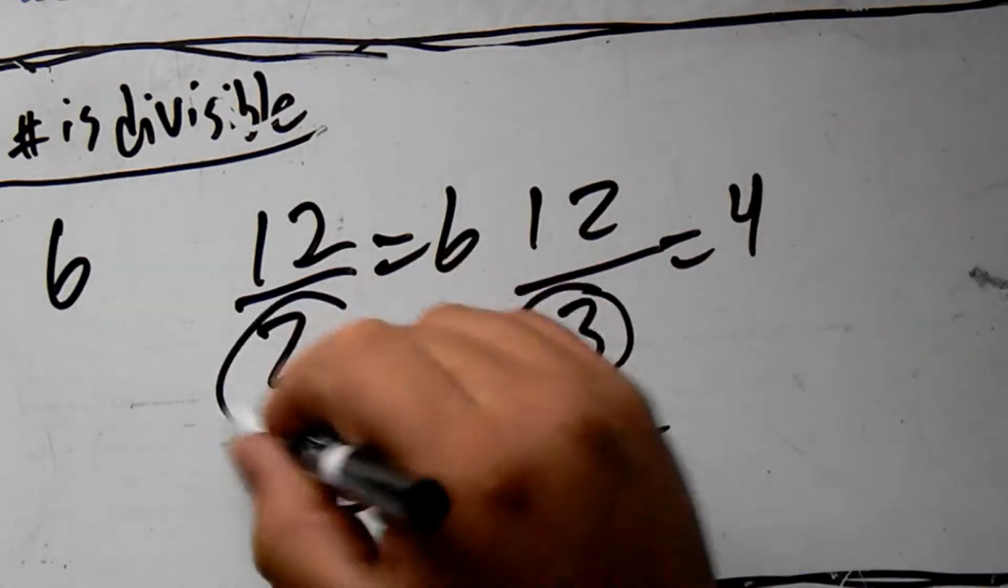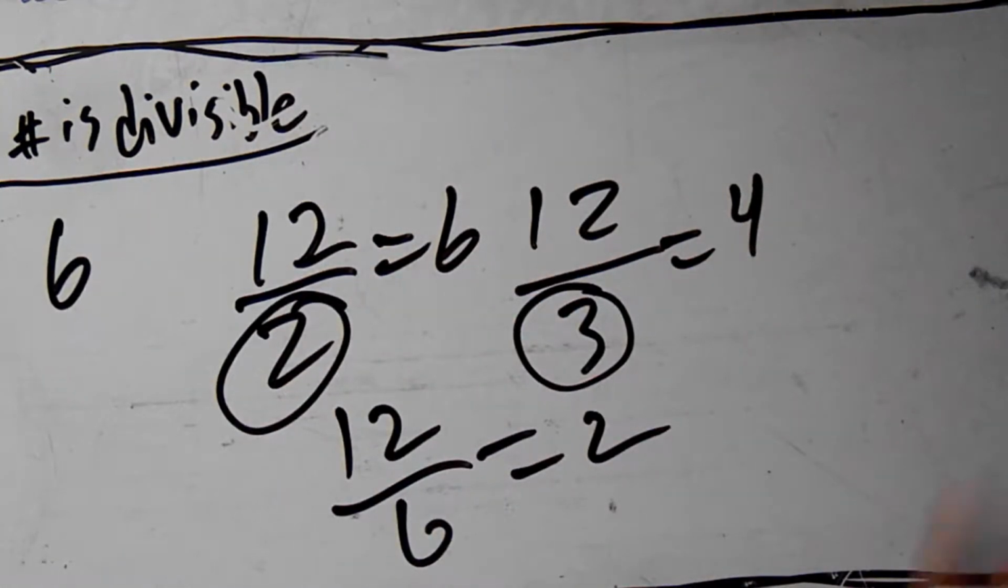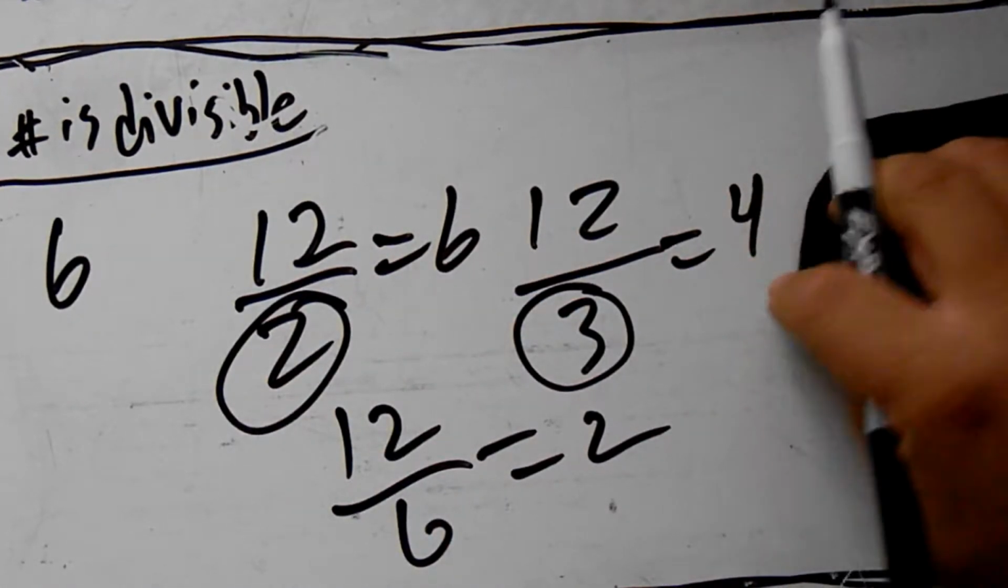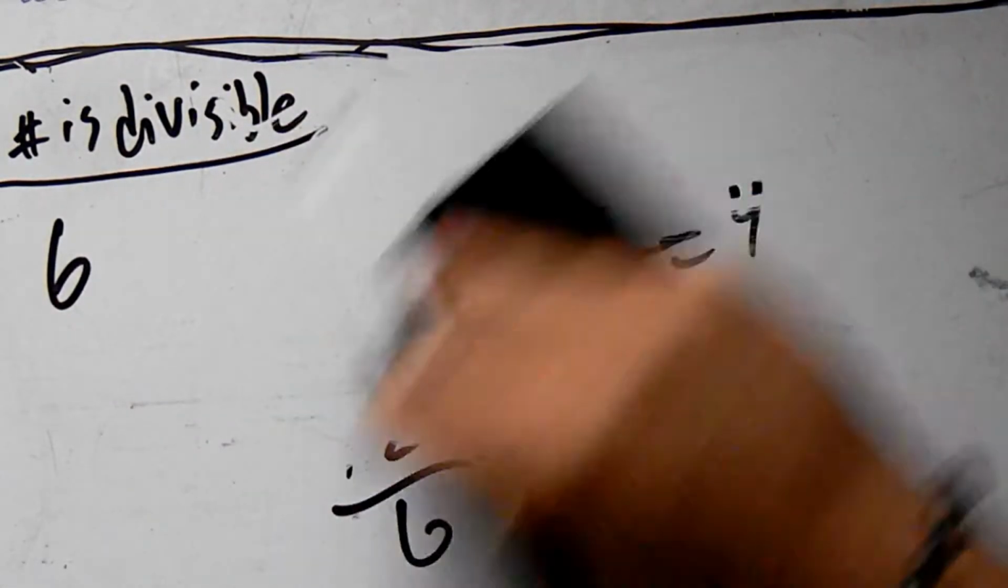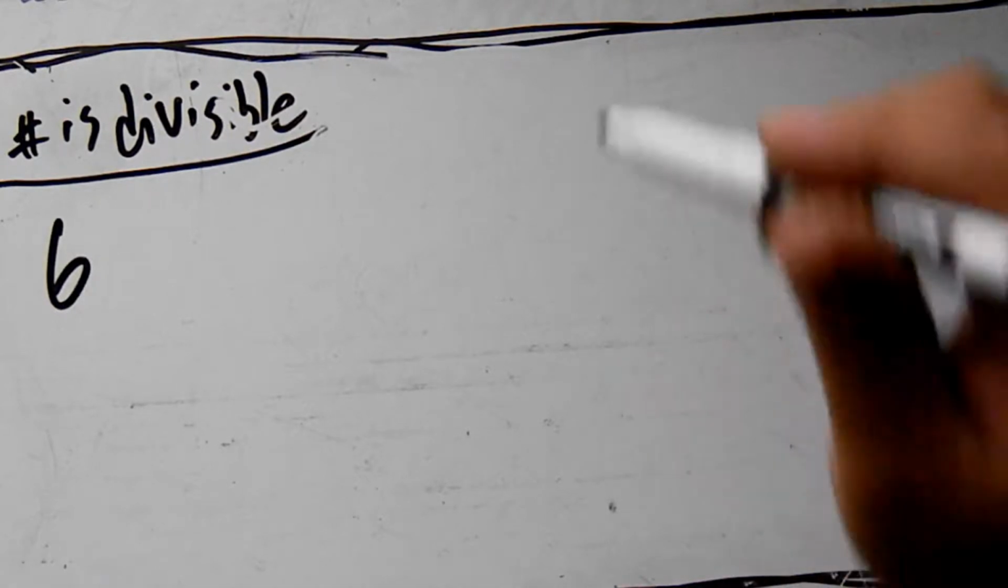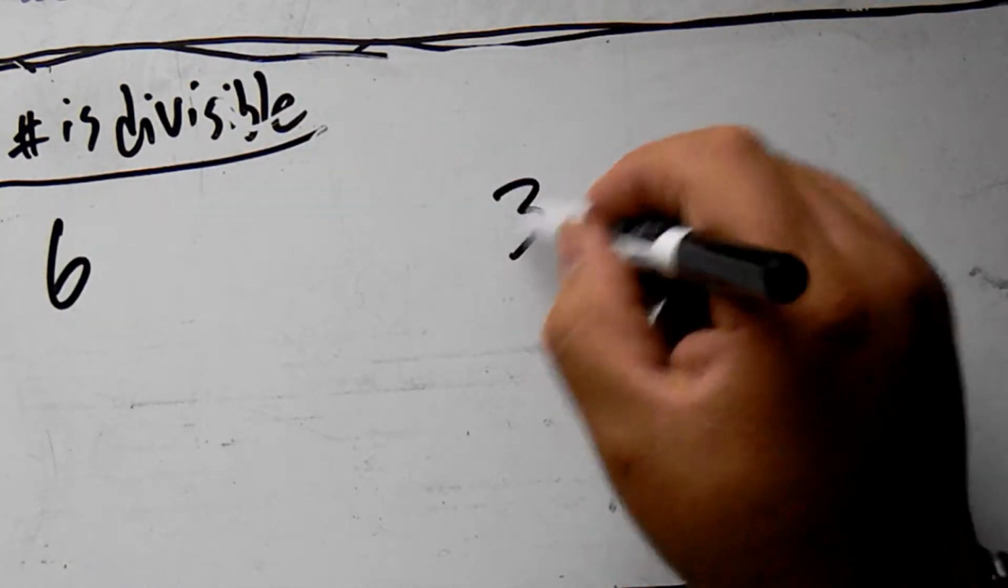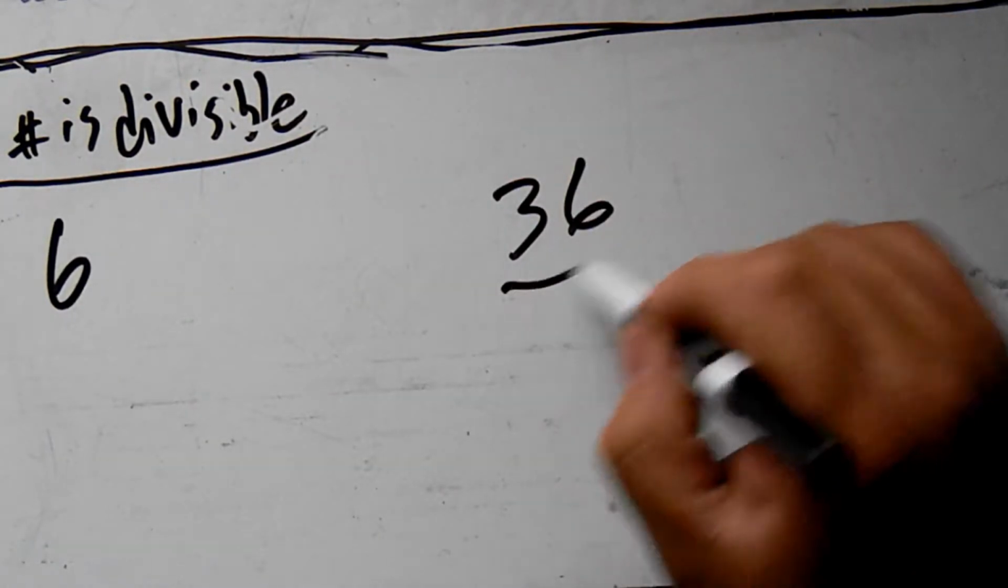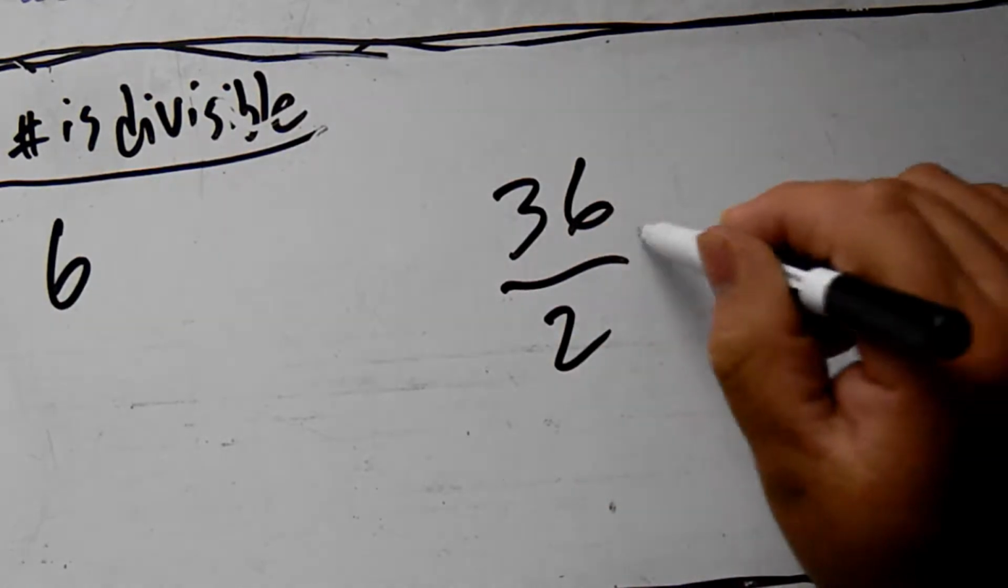So it has to be divisible by 2 and 3, not 'or', 'and'. So let's try a different number. Let's say 36. 36 is divisible by 2, which is